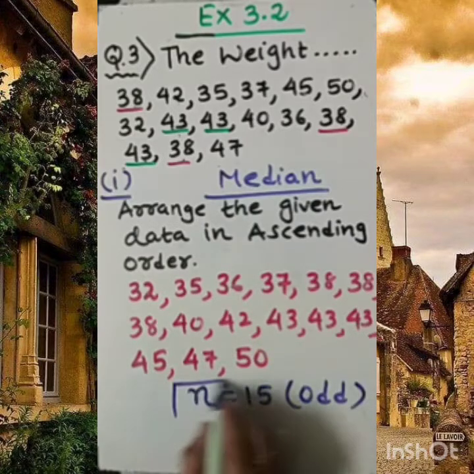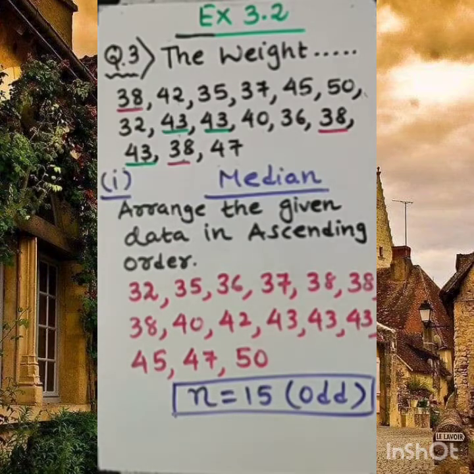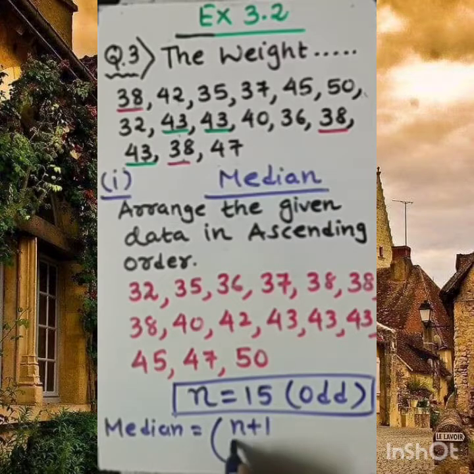So dear student, we need to apply the formula to find the median for the odd number. Okay, so how to move with that? Very simple. I'm starting from here only. So median equal to, for the odd number, the formula is (n plus 1) by 2th observation, or term also. Sometimes here you can see the word term, term is also correct, observation is also correct. Okay, so we need to write the formula median equal to (n plus 1) by 2th observation.